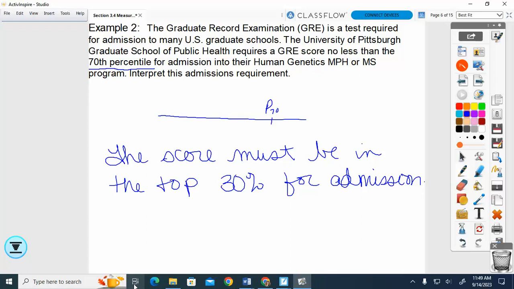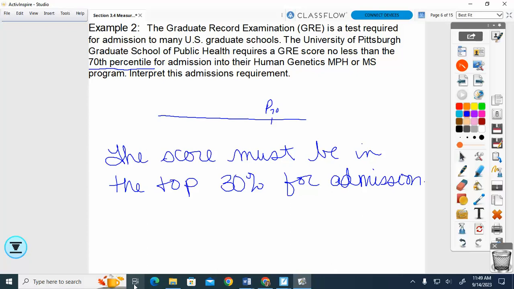Or you could say it as, it has to be high enough so that at least 70% of the scores are below yours. In different ways, but on these tests, quizzes, homework, it will ask you to interpret them. So make sure you understand that with the percentile, we're talking about the scores lower. If you have to be above the 70th, 70% have to be below, you have to be in the